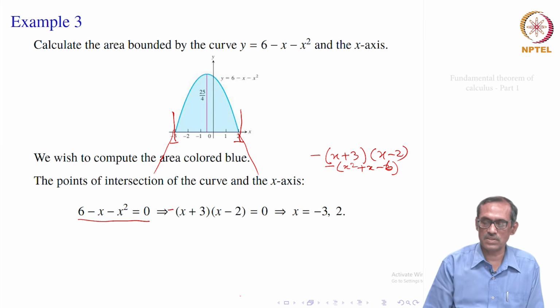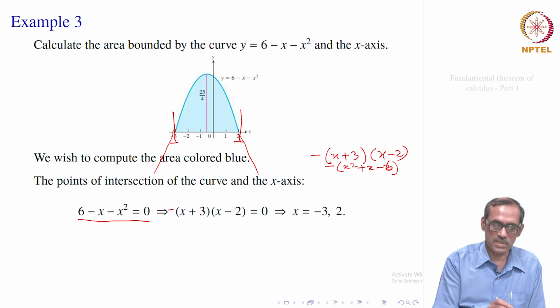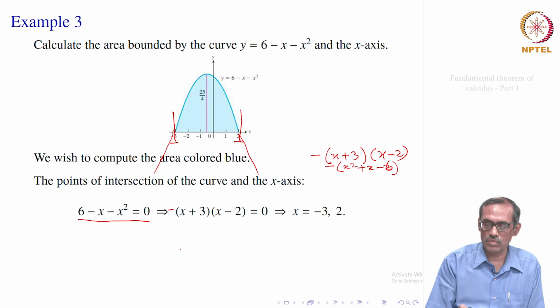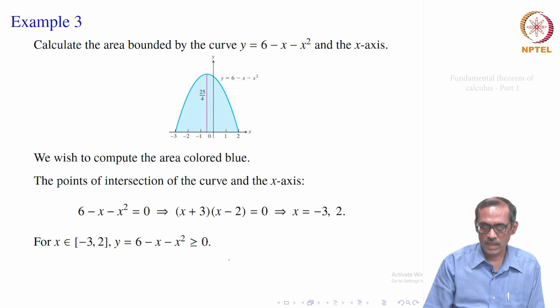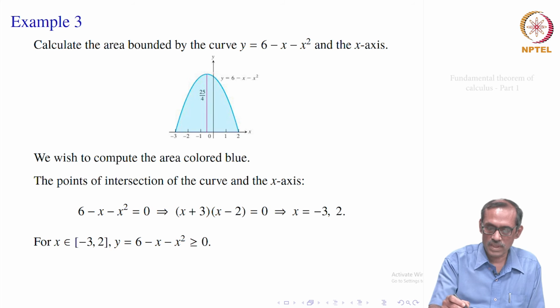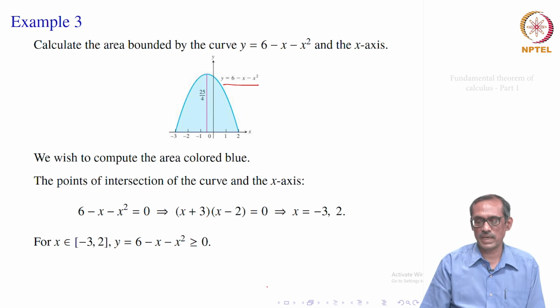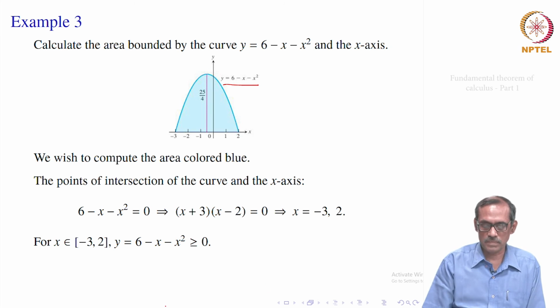So, you want to find this blue colored area. Then it will be just the integral from minus 3 to 2, as earlier, of f of x dx, right, that is the area. We have to see that the area should always be non-negative. The curve in the picture lies above the x axis, so it has to be non-negative, but then analytically we have to see.